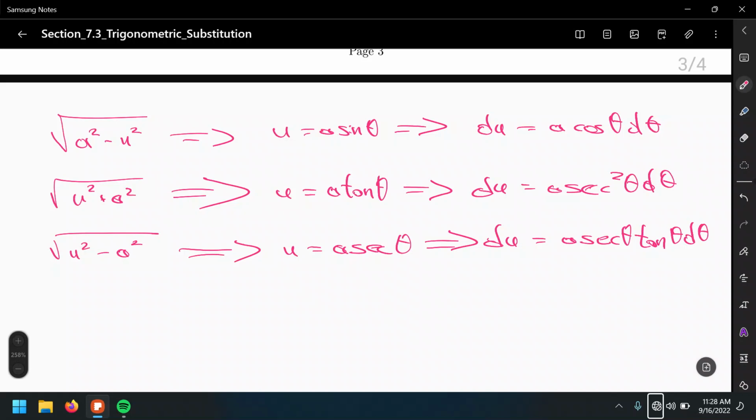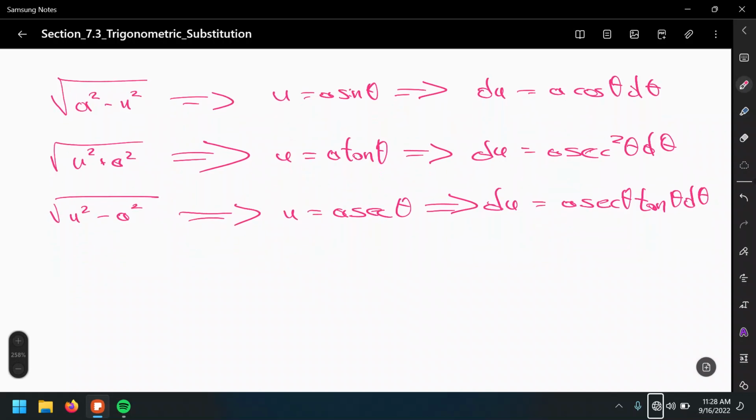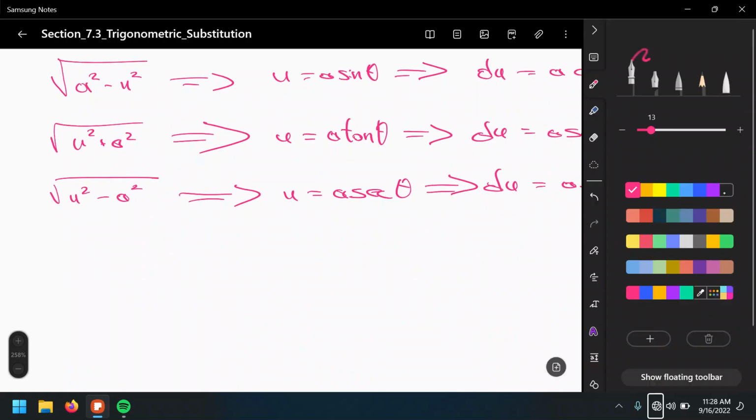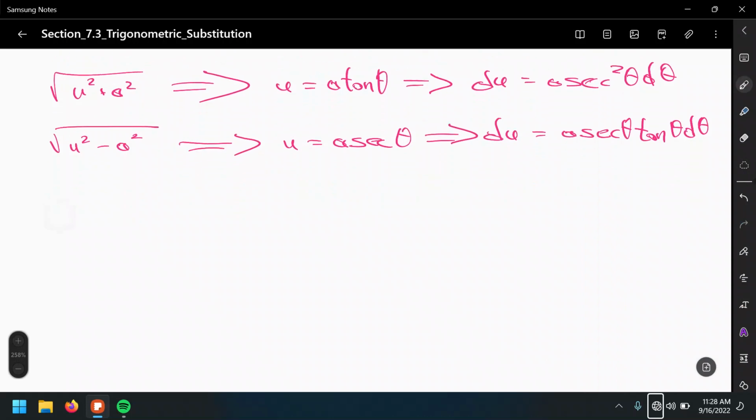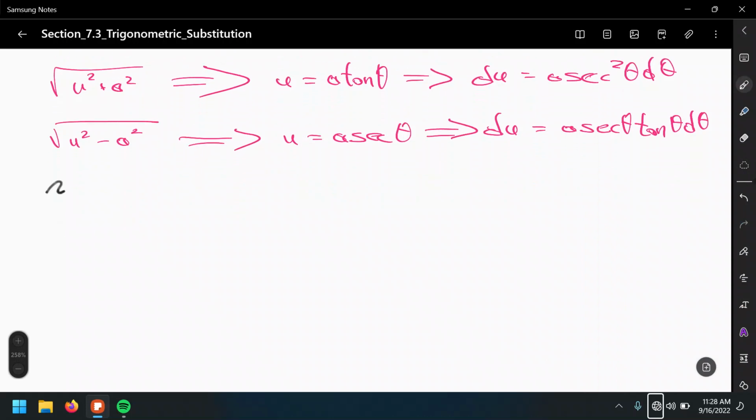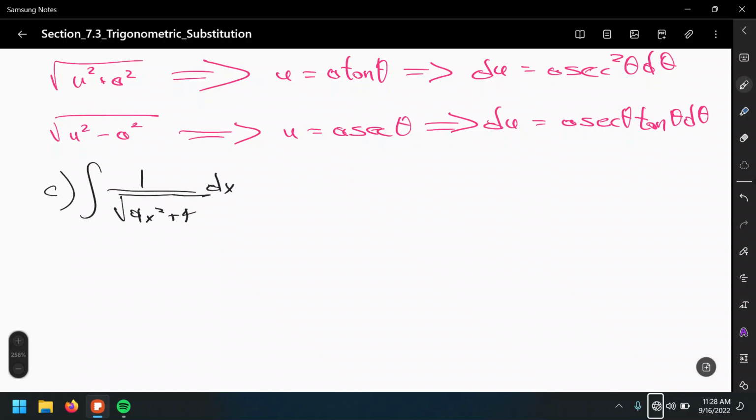That's it. Now let me do one example using the long way. So that's the integral. I said I was going to go back to letter C: the integral of 1 over the square root of 9x squared plus 4 with respect to x. Okay, so number 1,